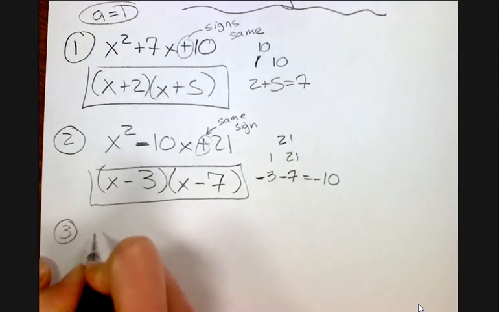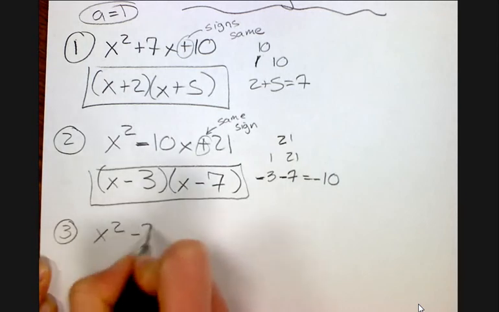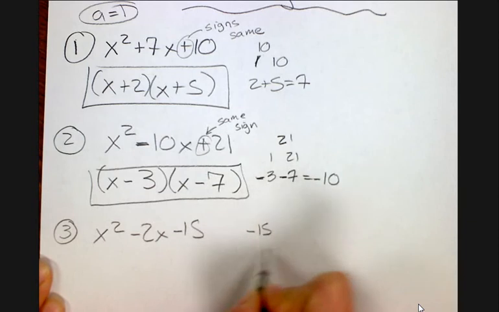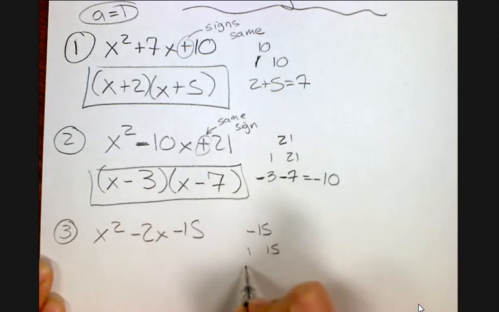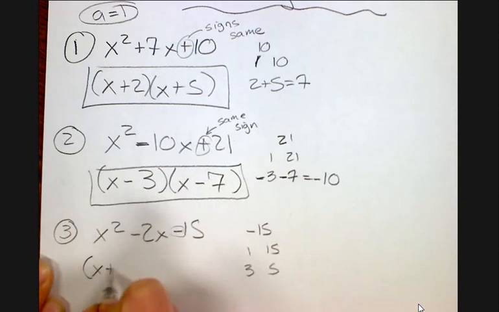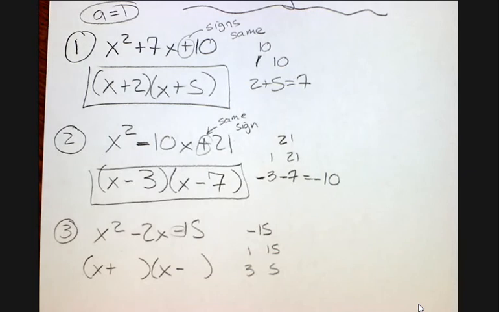And we have x squared minus 2x minus 15. So we have negative 15 this time. So we have 1 and 15, and 3 and 5, and this time the signs are different. So x plus a number, x minus a number. We have one positive and one negative. And this says that our negative is going to be our bigger number, and that it's going to subtract to